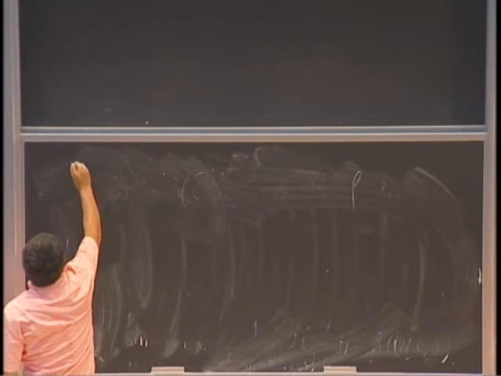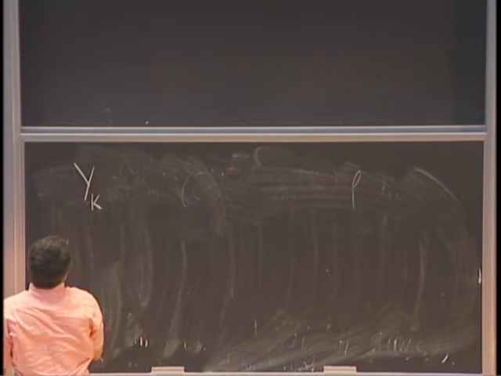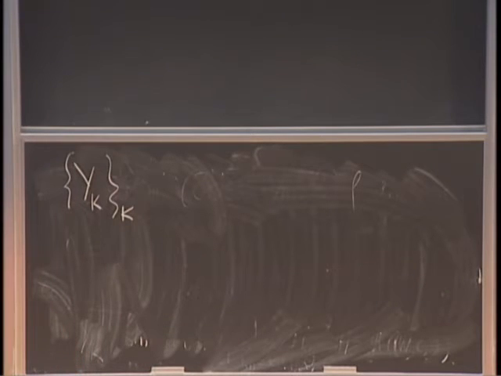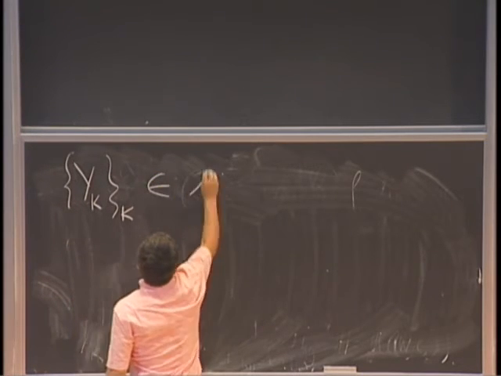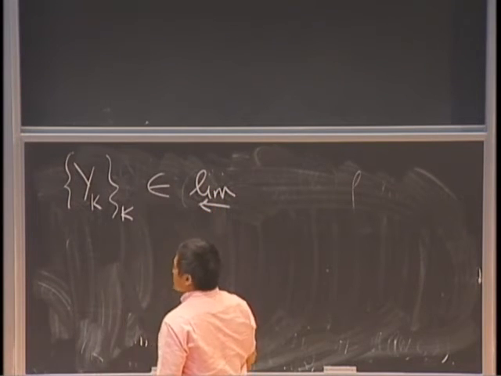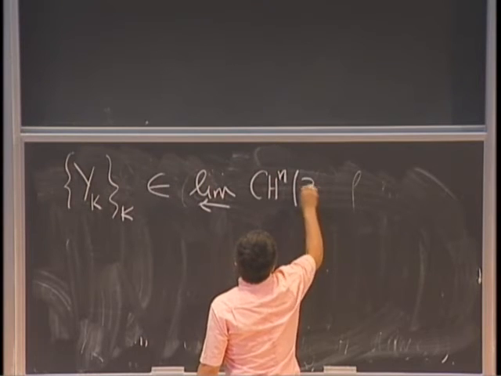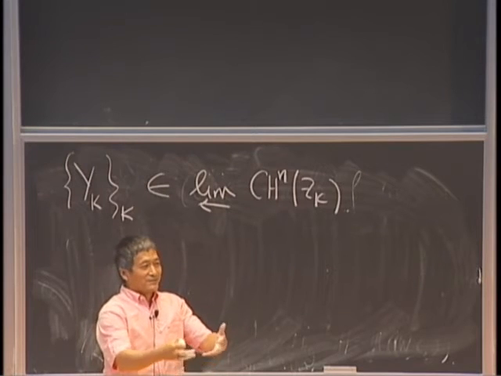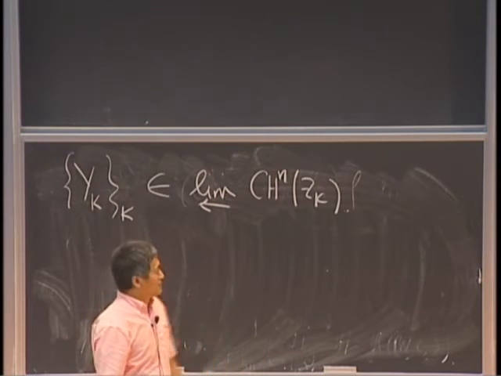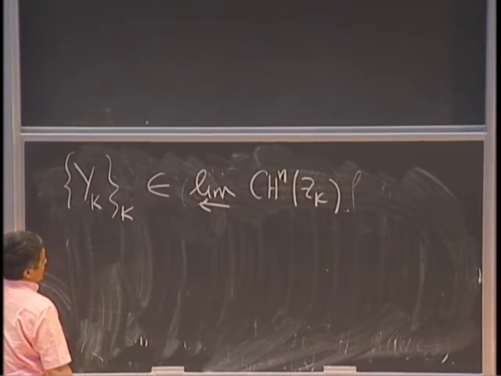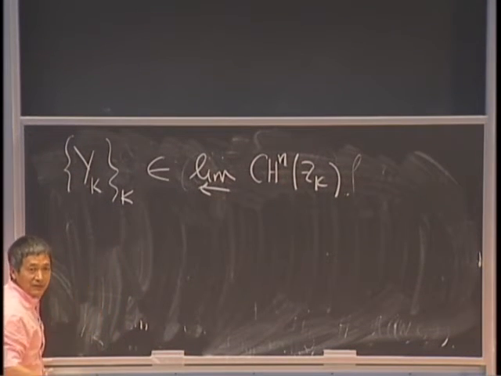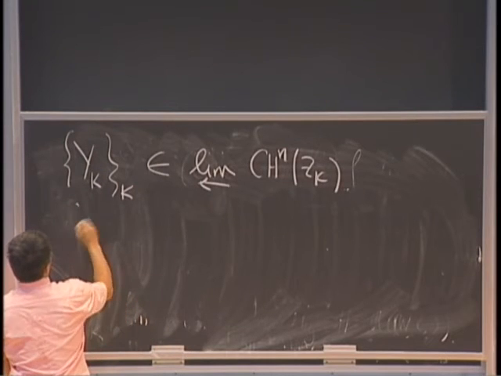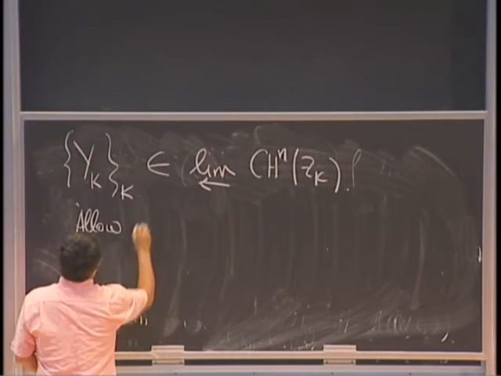So there's a cycle Y. Remember, there's a Y_k. For all these k together actually form a direct limit, a projective limit. It's different, CH^n of Z_k. Right. So it's not a direct limit. The pullback of the cycle is not this cycle. It's a different cycle. So this actually allows you, I will not write the detail, I don't have maybe 10 minutes. This allows you to define